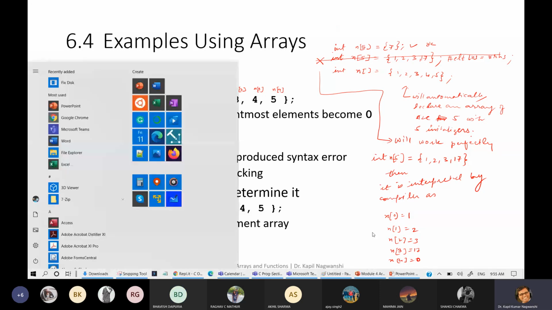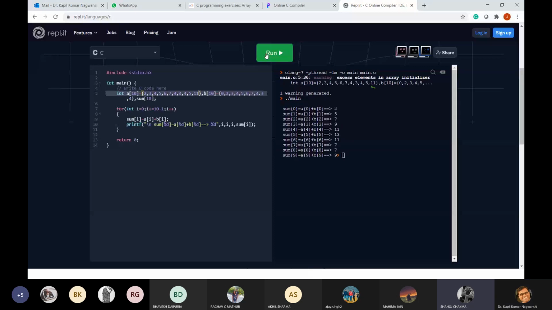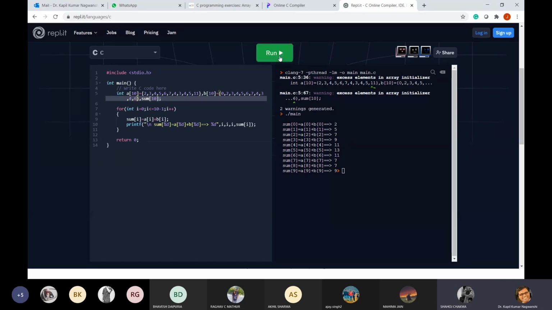Let us now try to do some other experiment also. Sir, in the initialization, we can write less number of numbers, but not more than the left hand side. No, you can also write more numbers. Here you can see, in this program, you can also write more numbers.